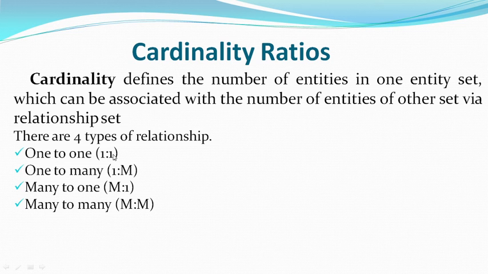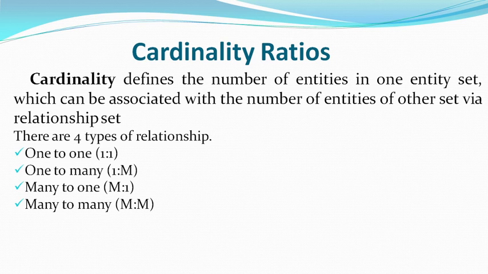That means each student has a single student ID, and each student ID is assigned to a single student, which becomes a one-to-one relationship. One-to-many relationship: a parent-child relationship is a one-to-many relationship. One parent can have many children. One department with many employees is an example of one-to-many. Many-to-one means many employees in a single department. It is a many-to-one relationship.